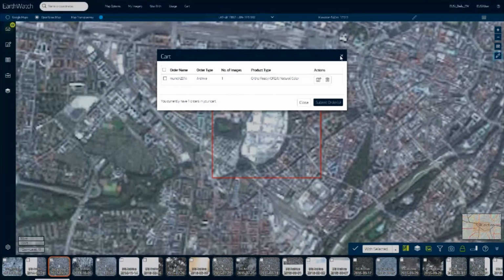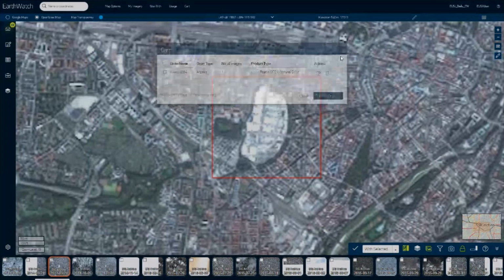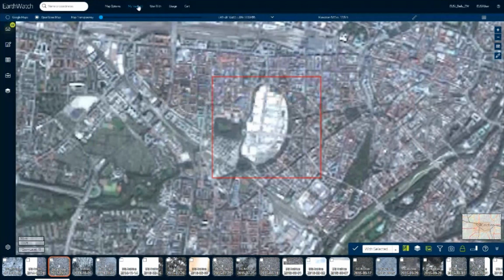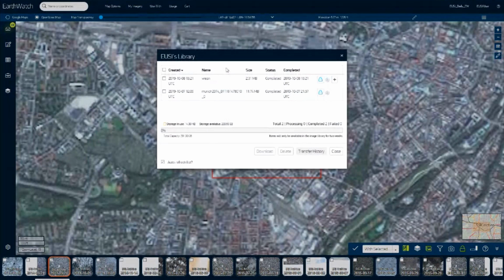As soon as you have received this email notification, it will go into your library, which is accessible from up here. So something went in there already. Not the one we had just submitted, but just to show it, I have prepared that same image already.